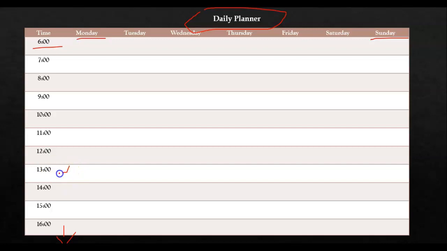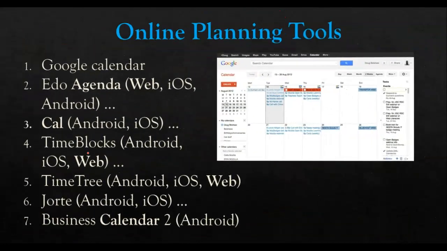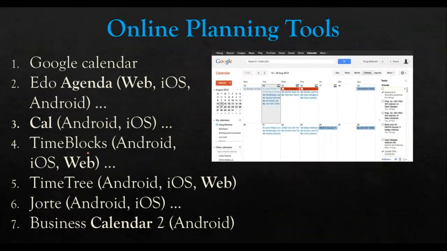Write down the people you need to meet, so that when it's 1 o'clock, you know exactly what you have to do. So don't just sit down aloof without any plan, I mean a daily plan or weekly plan, and just do things anyhow. If you run your business like that, the business is going to fail drastically.